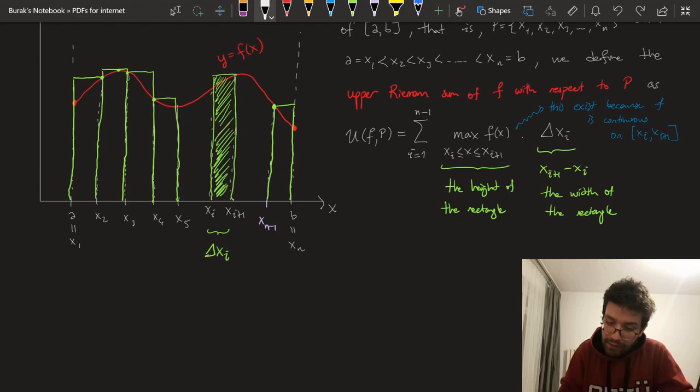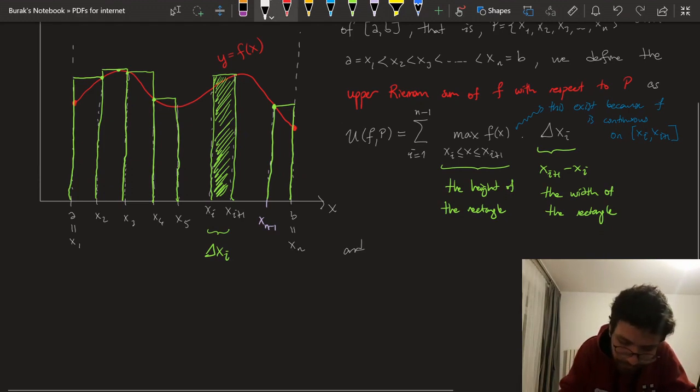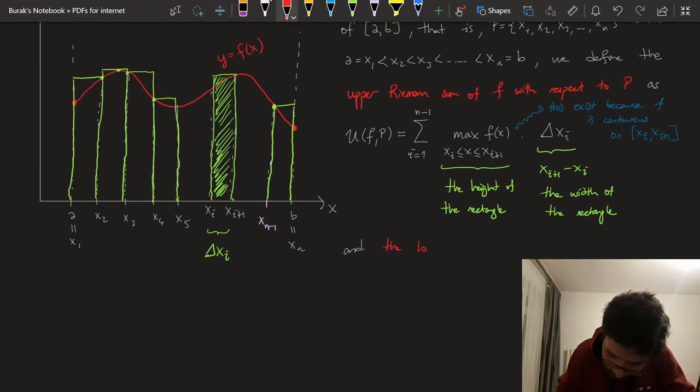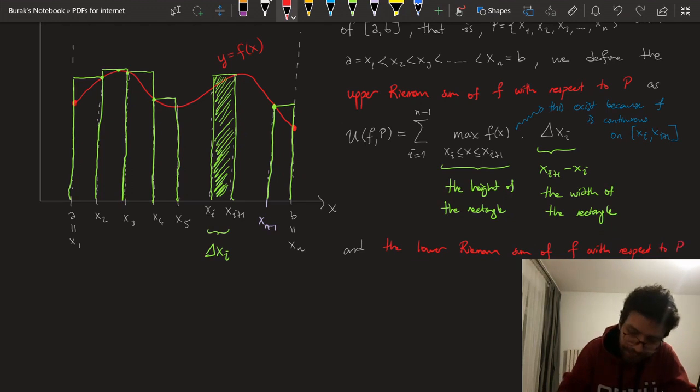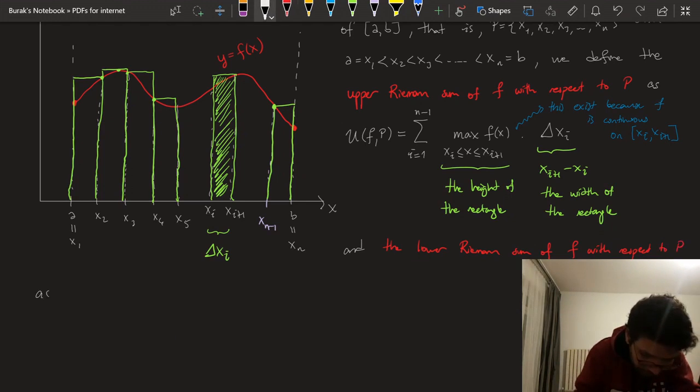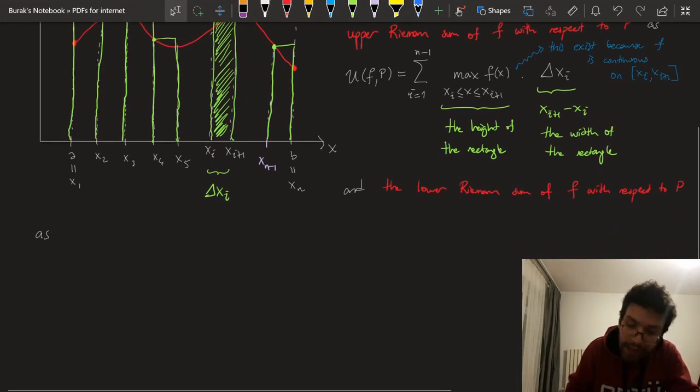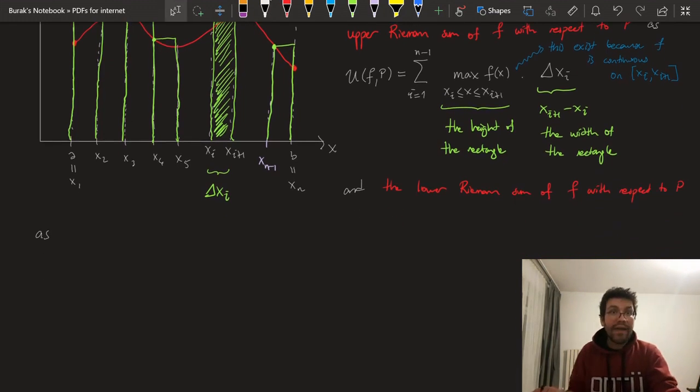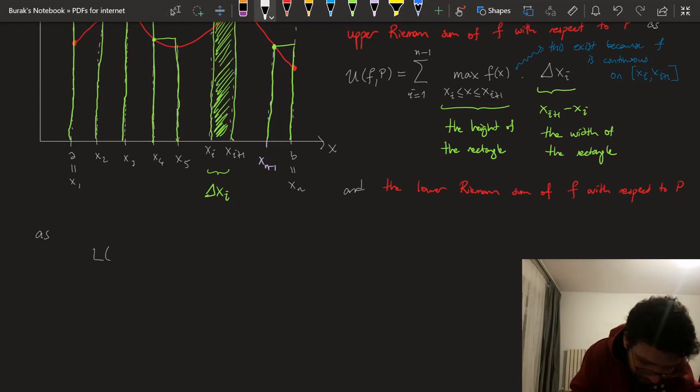Okay, so that's the upper Riemann sum, and you can guess how the definition is going to go for the lower Riemann sum. So we define the lower Riemann sum of f with respect to P as, now you can guess what's going to happen. Instead of max, I'm going to write min. Okay, so L(f, P), the lower Riemann sum of f with respect to P, is going to be,